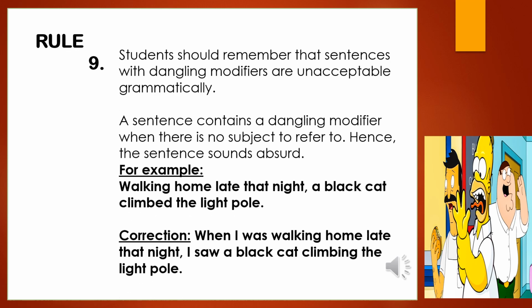Rule number 9. Students should remember that sentences with dangling modifiers are unacceptable grammatically. A sentence contains a dangling modifier when there is no subject to refer to. Hence, the sentence sounds absurd. For example, walking home late that night, a black cat climbed the light post. The correction to that sentence would be, when I was walking home late that night, I saw a black cat